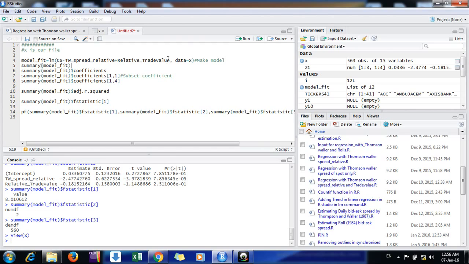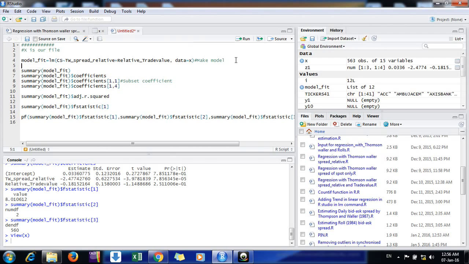You can put n number of variables here and then just mention the name of your file. It will take the names of variables as headings from that file. So data is equal to x, because the name of the file is x. All the variables are coming from the headings of the x file. Okay, friends, in summary: use the lm command, dependent followed by independent variables. If it is multiple, use the plus sign, then the name of the file, and I'm just running it.